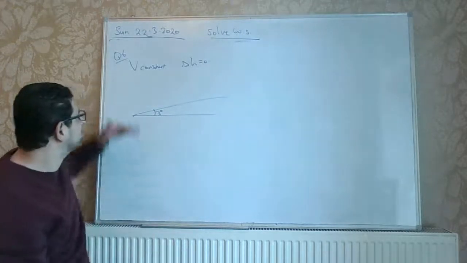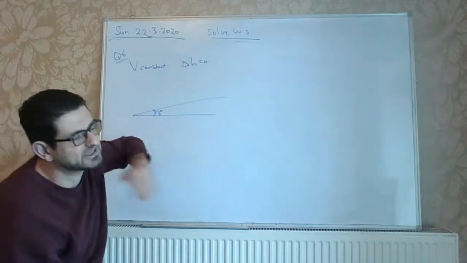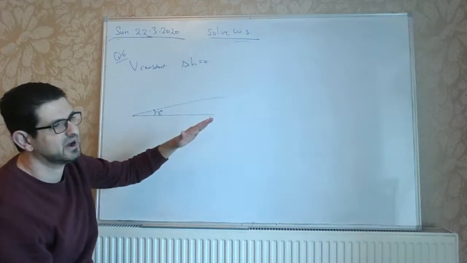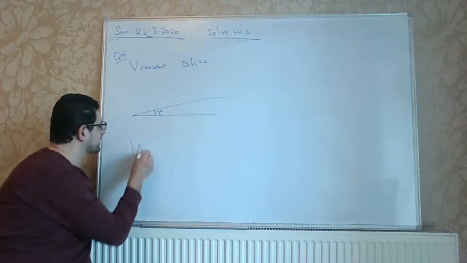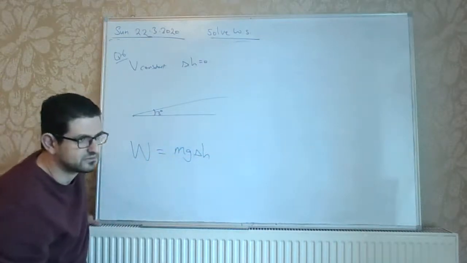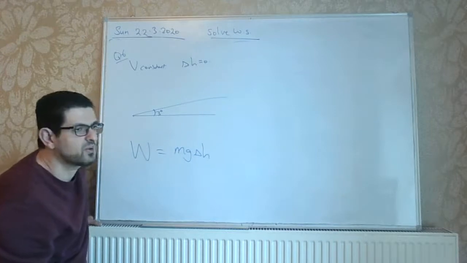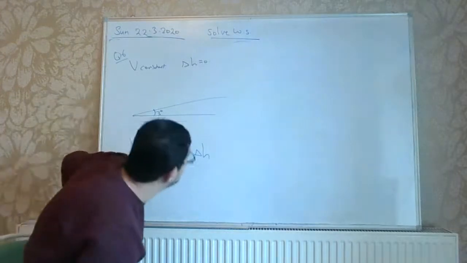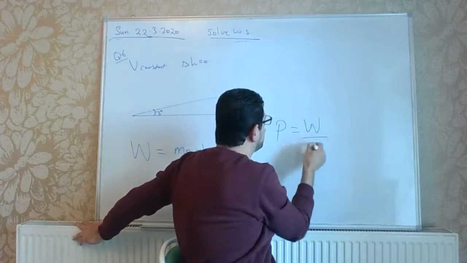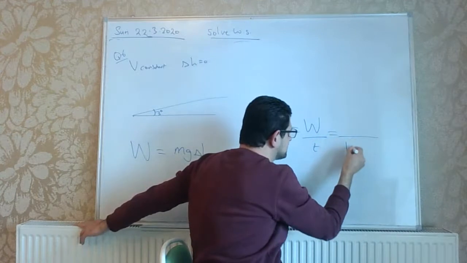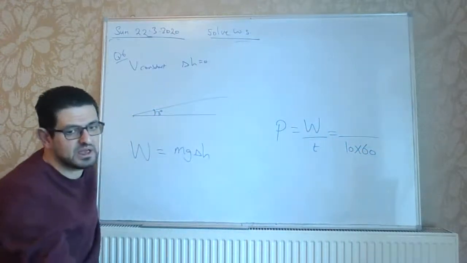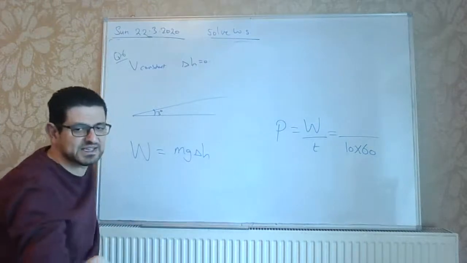Okay, it was horizontal. He was doing work against the friction. No change in kinetic energy. Now the work done is mg delta H. Now what does he want? He wants the power. The power equals work done over time. Time 10 minutes. Now the problem is with the work done. Now we know the mass. The mass is 80 kilogram